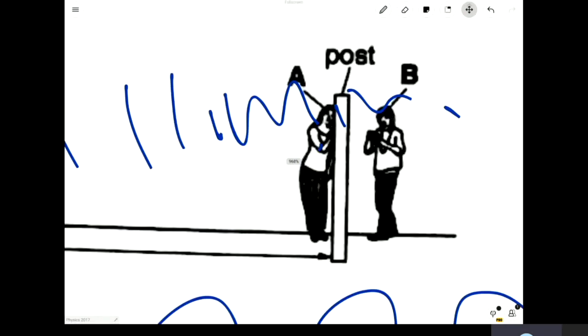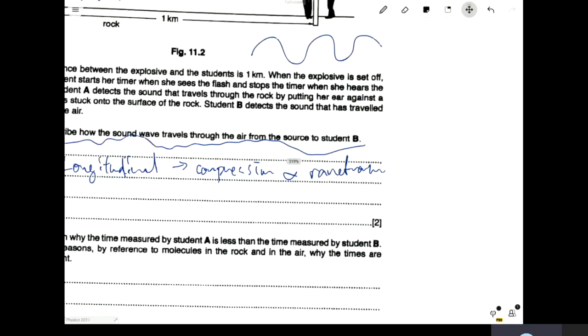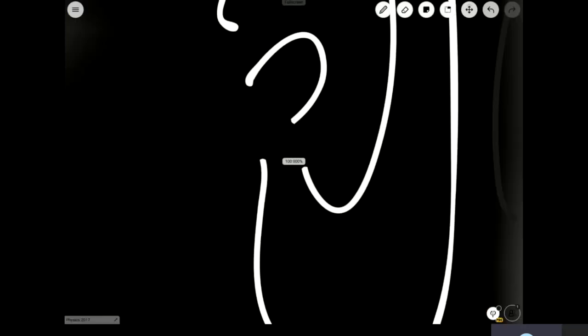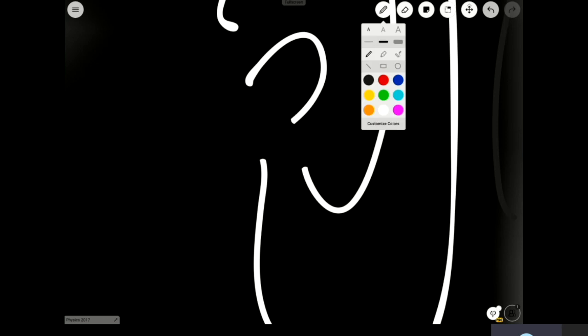How many marks? 4, I think. Huh? 4 marks? 2 lah. 2 lah. Oh, 2. Yeah, 2 is enough. But if they give you 4 marks, you've got to go into the ear. What's inside the ear? The little